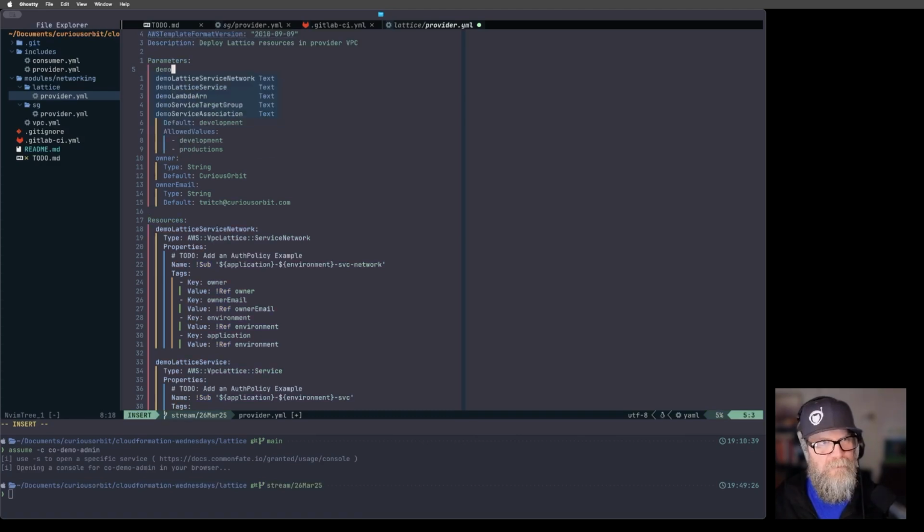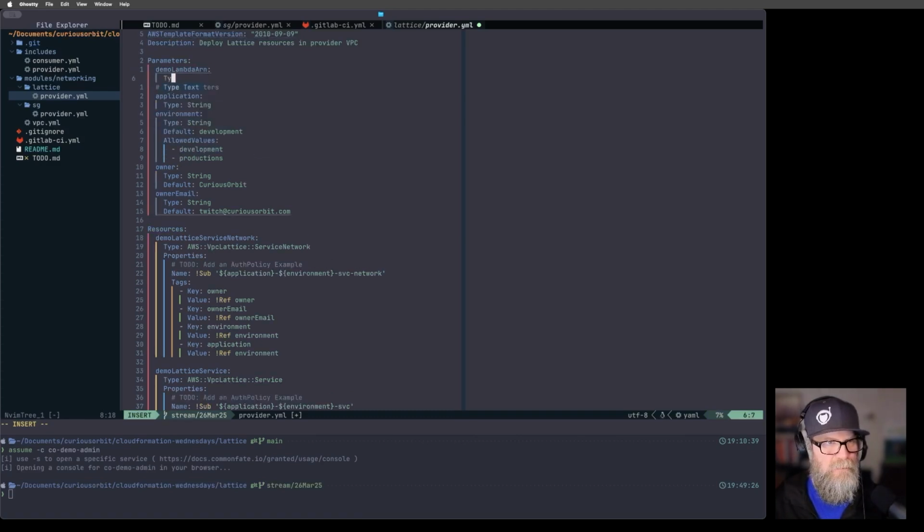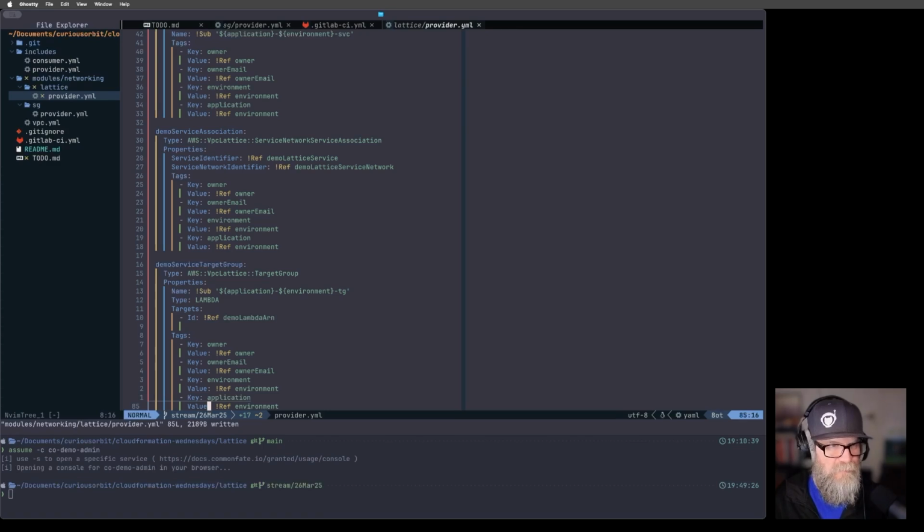All right, so we're going to say demo Lambda ARN is a string, and we'll pass that in to our CI script. So I think that's it. Is there anything else we need? I don't think so. Okay, so that's our